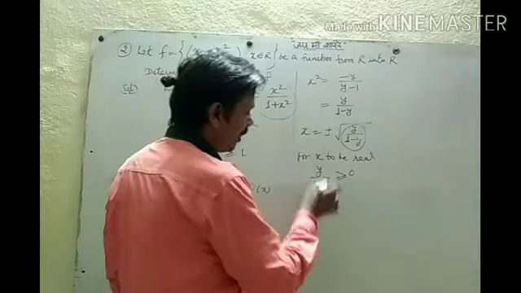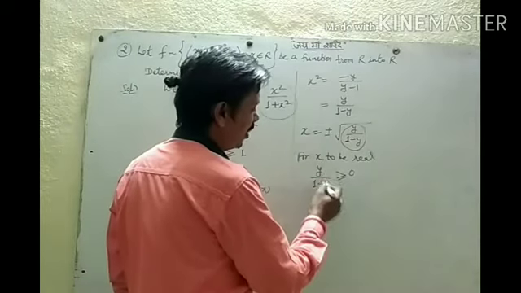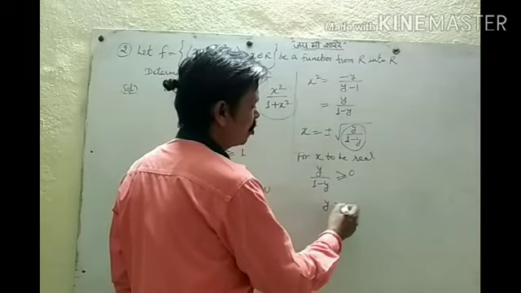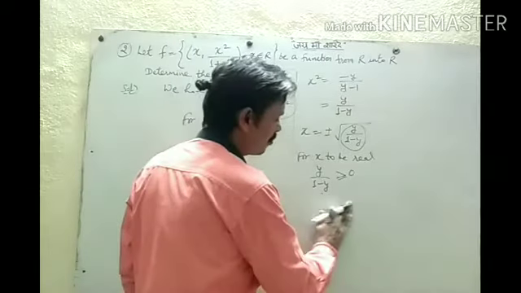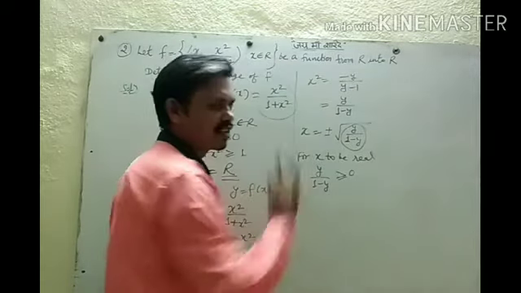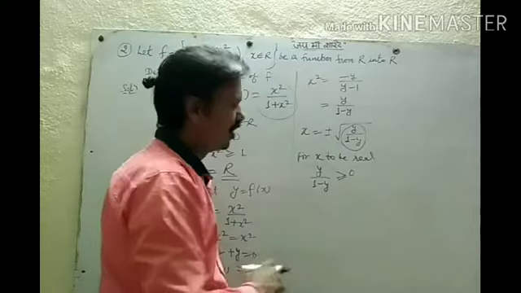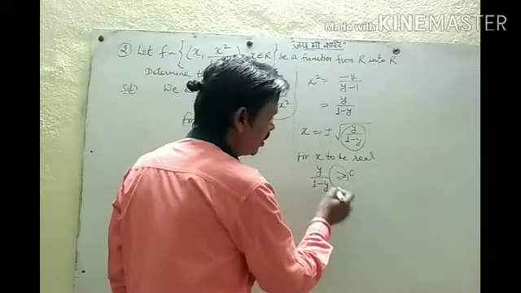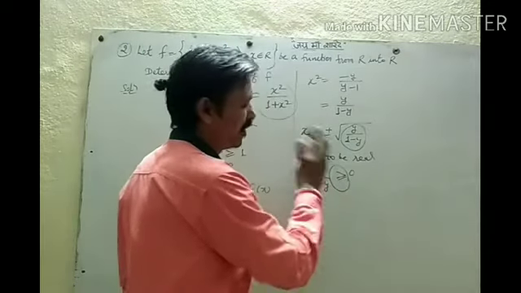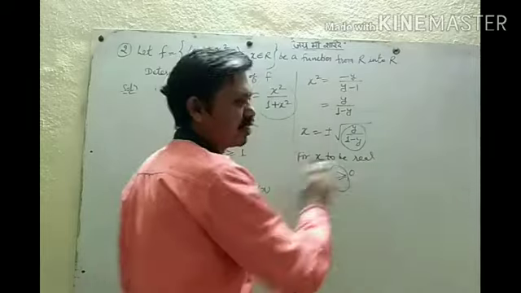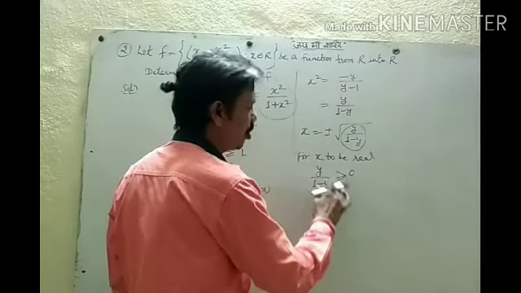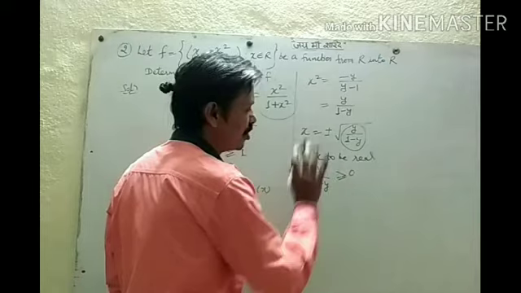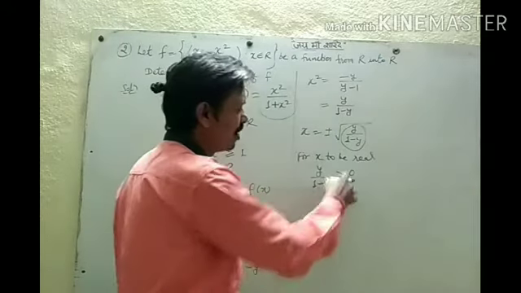But many students make this mistake. If it is more than 0, then y is more than 0, just by cross multiplication. So it is wrong. We cannot multiply like this. Okay? When we have an inequality, we cannot find values of any variable like this, just by cross multiplication. In some cases we can do it, but not in all cases. So here it is more than 0. In case of more than 0 or less than 0, we cannot multiply like this.